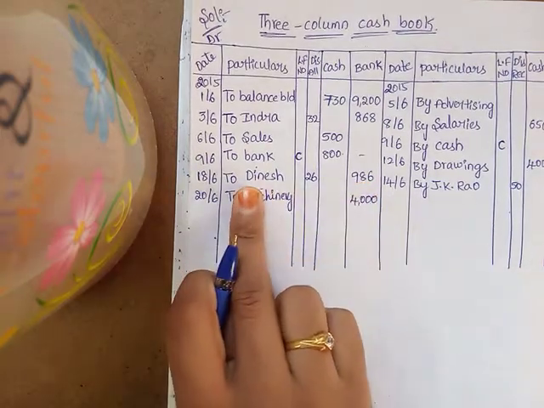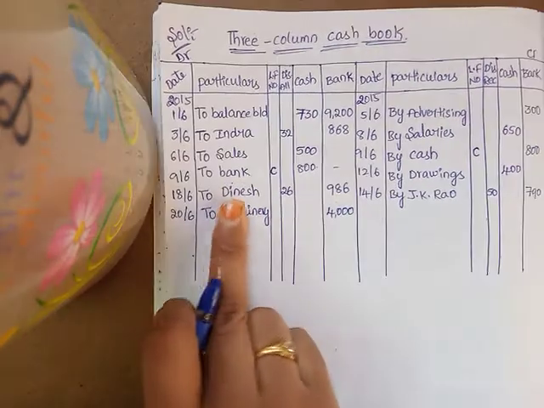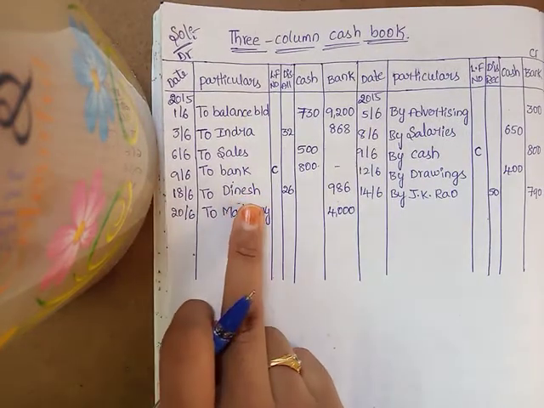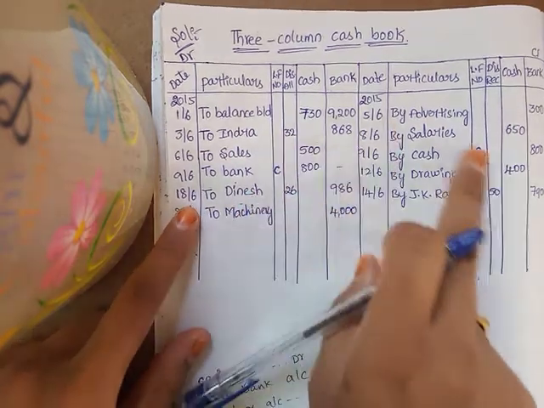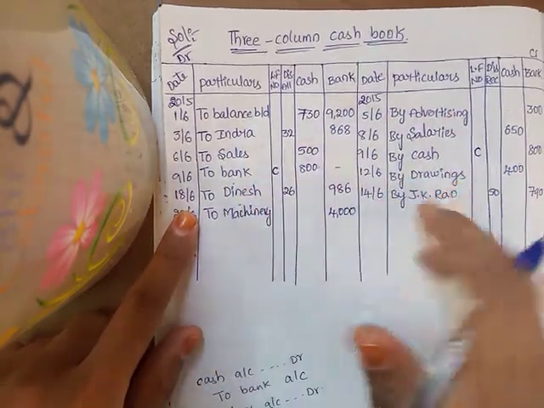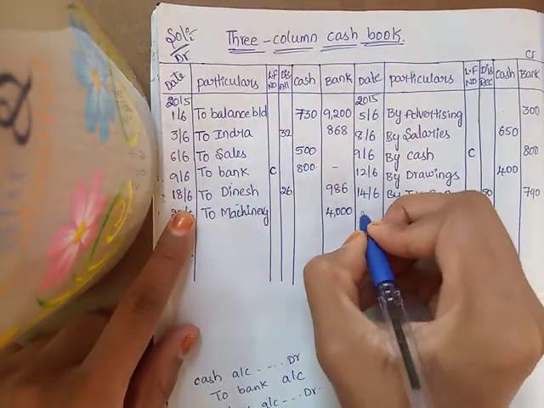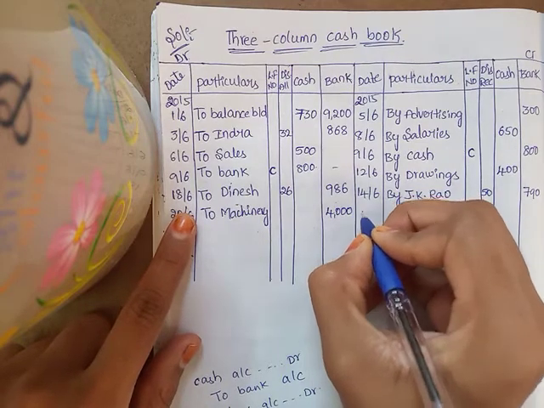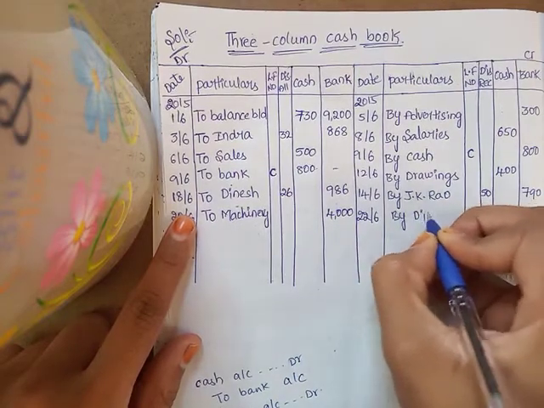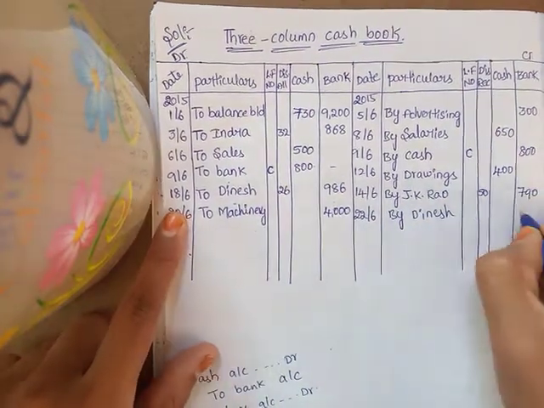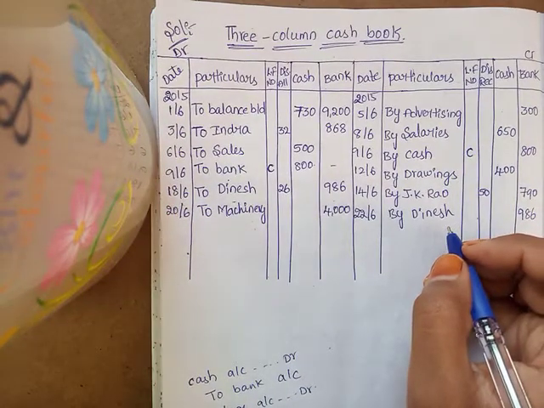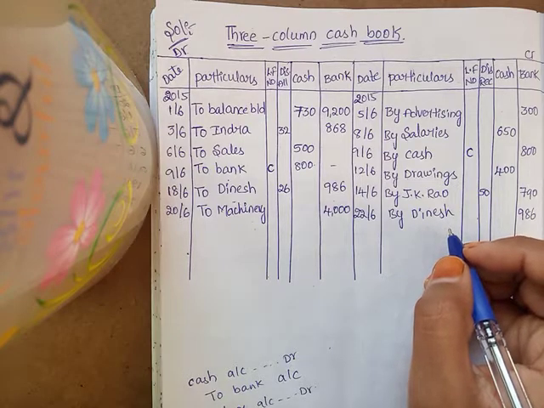Next is bank returns check of Dinesh dishonor. So here check is received from Dinesh, na. So this check is dishonor. So when the check is dishonored, we have to cancel that entry. So how to cancel? By writing a reversing entry, it will be cancelled. So here debit side will come now. Next you have to write on the credit side, on which date? On 22nd June by Dinesh. How much is his amount? Rupees 986.